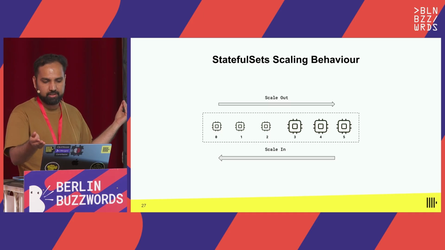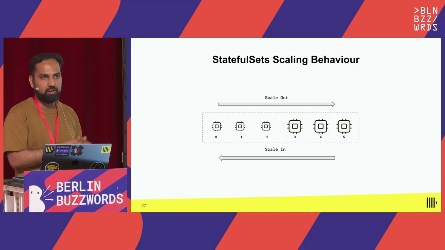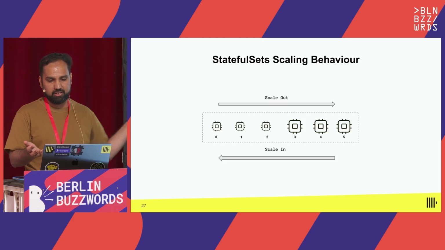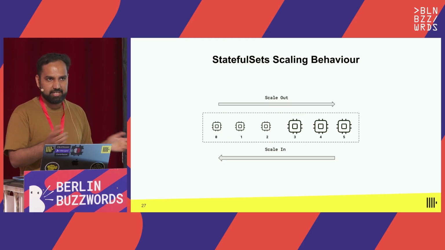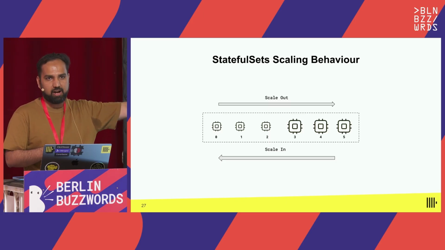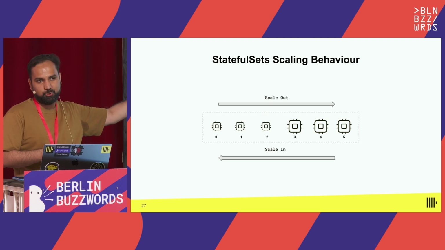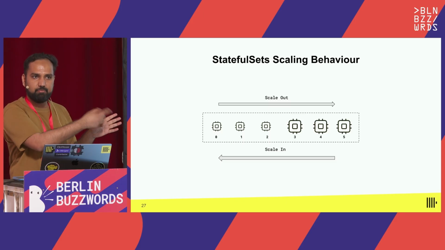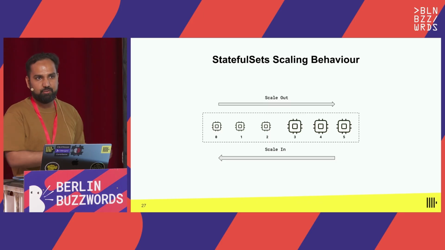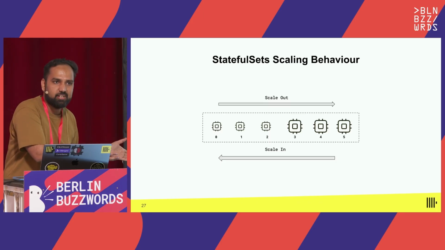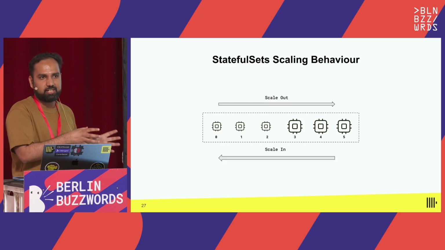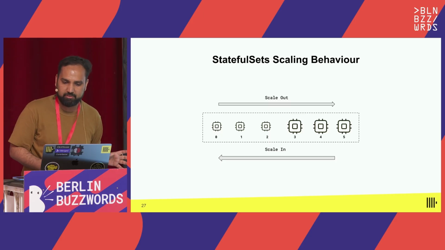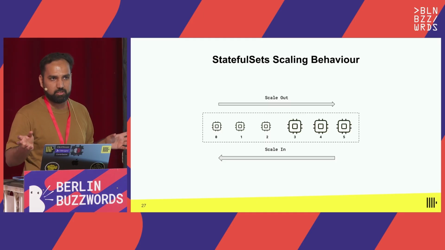So if you say, give me 3 replicas when you have 6, you'll actually go from right to left, if you see the bottom arrow. Which means if you're trying to do make before break, adding replicas 3, 4, 5, and then you want to take away replicas 0, 1, and 2, it's actually not possible if you only have a single StatefulSet. Because the minute you tell it, give me 3 replicas, it's going to take away 3, 4, 5, which are the exact replicas you just added. So a single StatefulSet is tricky to get right. You cannot break arbitrary replicas.